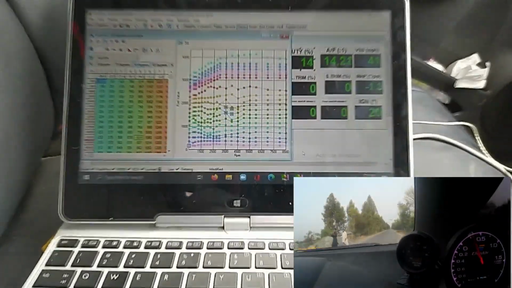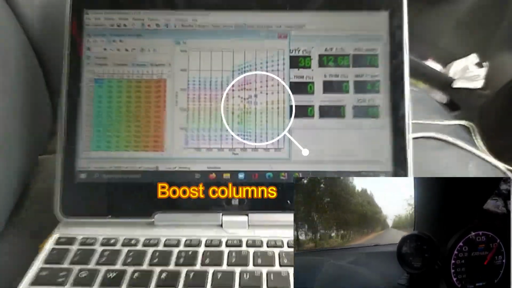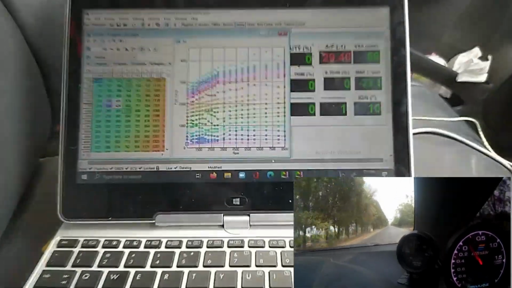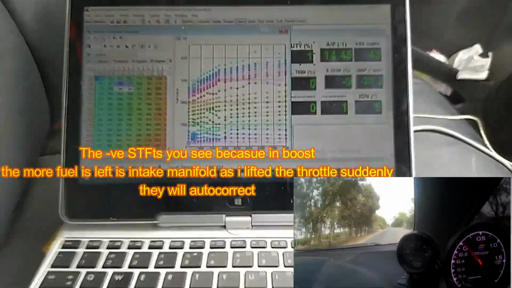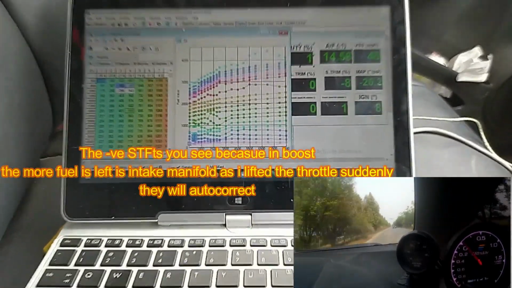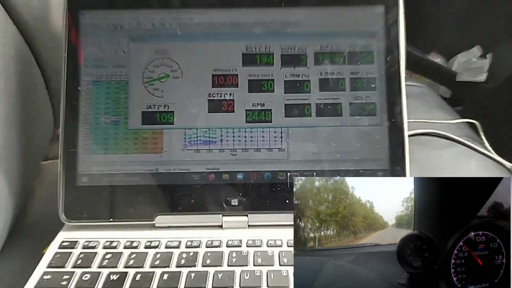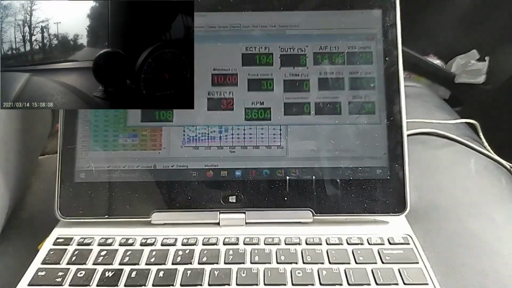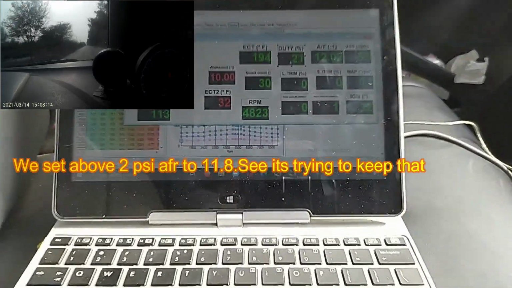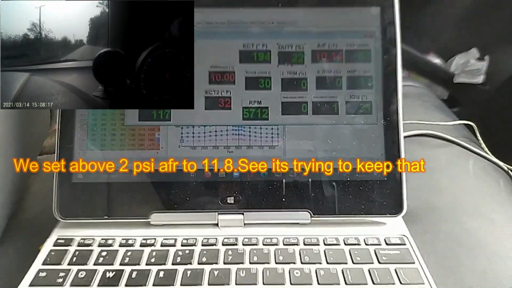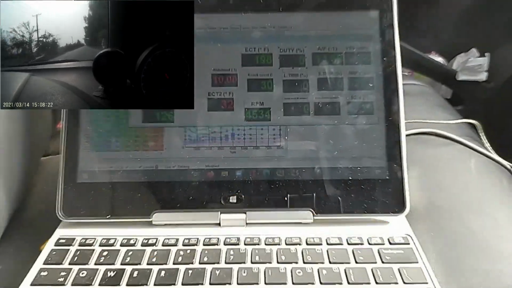Okay, third gear, let us try to get a full throttle third gear. Oh, it was 150 km per hour, the speed. At least let me show you the display, the RPM, everything. Again, let us take second gear. Hit the red line. Now third gear. Okay, that was good.